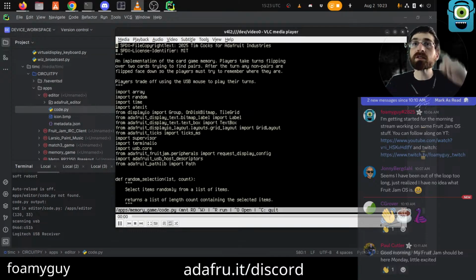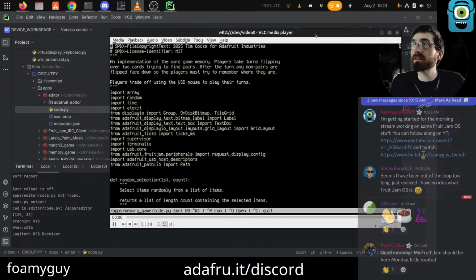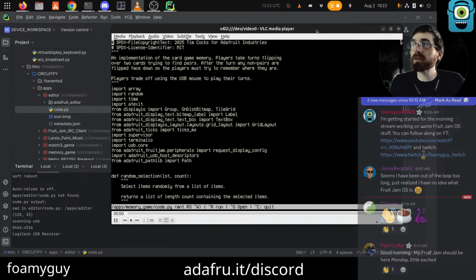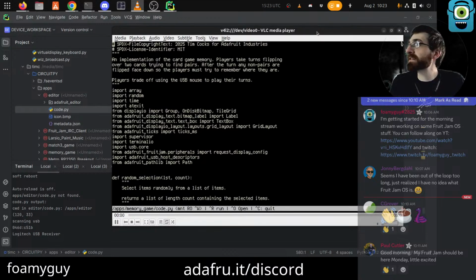Okay, so yeah, here's what we're trying to fix. So I'm in the editor now, and I'm pressing arrow keys and nothing has happened. And if we look right by my eyes here, there's a mouse right there.